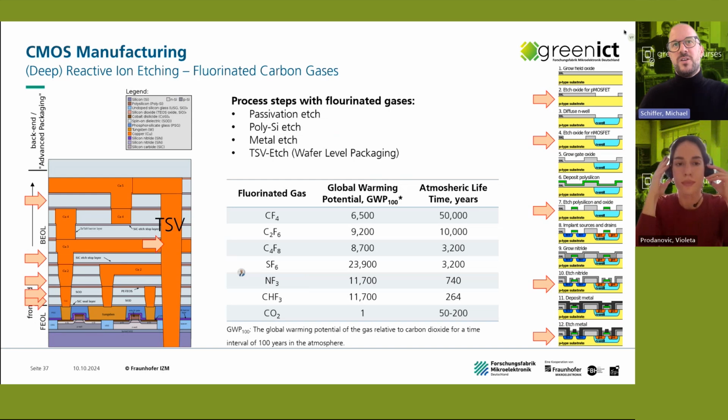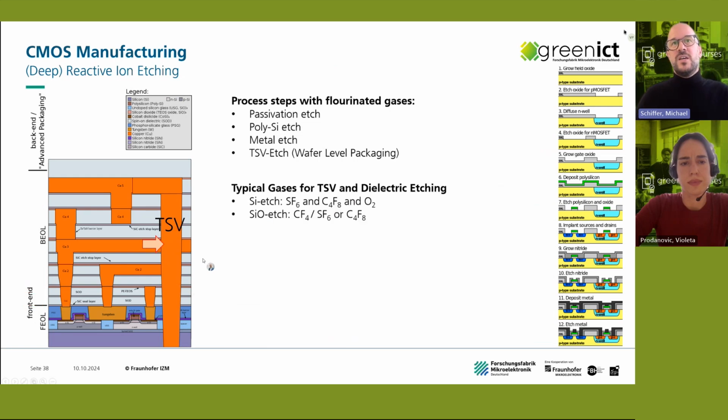And they have very high global warming potentials. So people are really looking for alternatives, especially, for example, for TSV etching. We don't have really an alternative for the SF6. So the TSV generation is usually when you have a certain kind of TSV, I will show in the next slide, you will have to